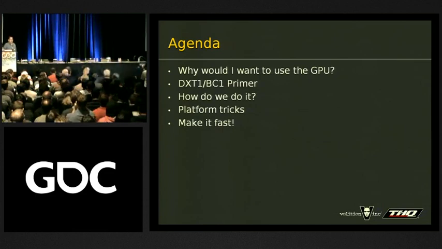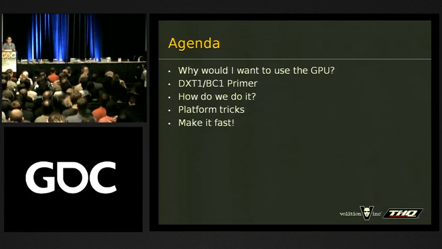Today we're going to be talking about using the GPU to do real-time texture compression for DXT1 or BC1 formatting. I'm going to talk a little bit about why we want to use the GPU. Then I will give everyone a little bit of a primer on the format of DXT1 just in case people don't know. And speak a little bit about how we do it, some tricks to make it work per platform. It actually varies a little bit per platform that we've worked on,